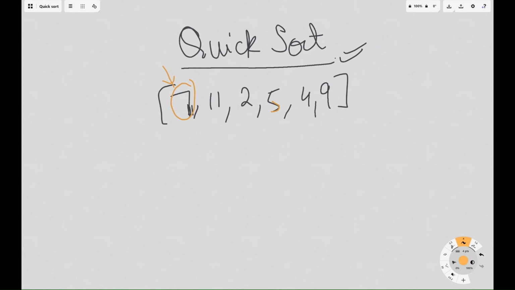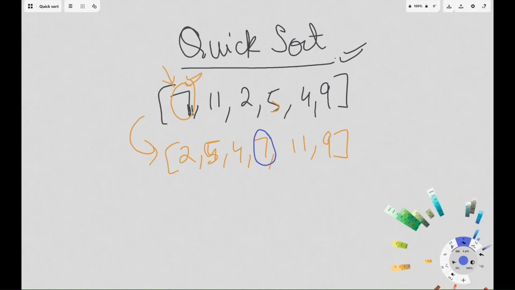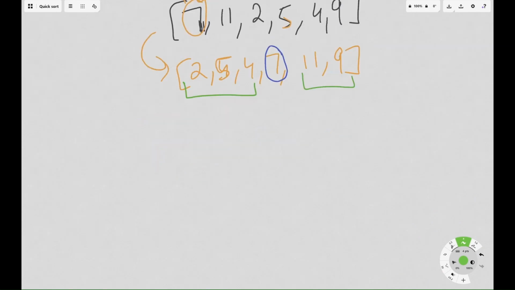When I say partition, it means that all the elements smaller than this pivot element will come towards the left, and all the elements greater than this pivot element will go towards the right. So our array after partitioning will be 2, 5, 4, 7, 11 and 9. This will be our array after partitioning, and I'll just mark this pivot point here. And now we will separately sort this subarray and this subarray. So it will become